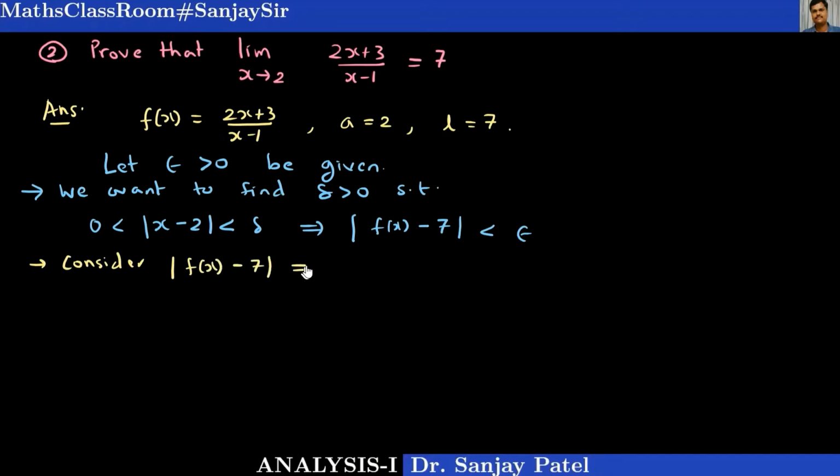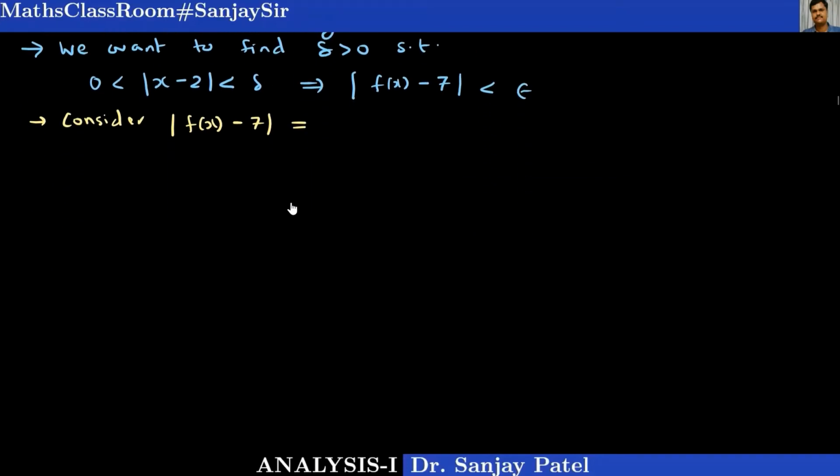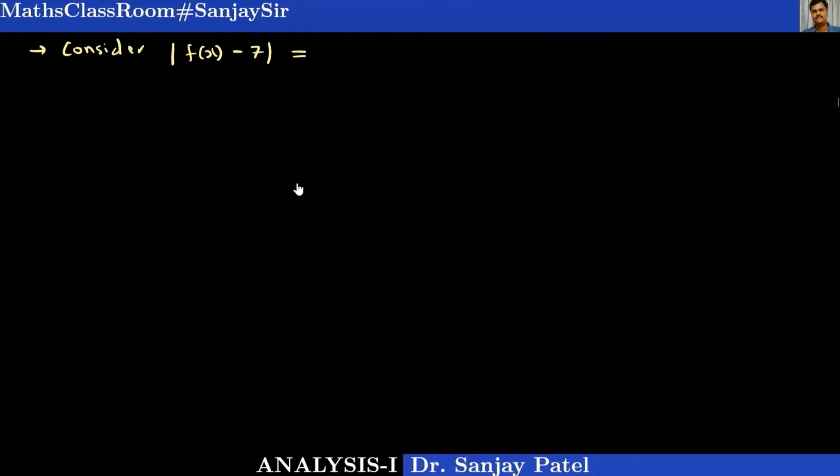What is it? f(x) is 2x plus 3 upon x minus 1. So let me write down that expression. Say mod of 2x plus 3 upon x minus 1